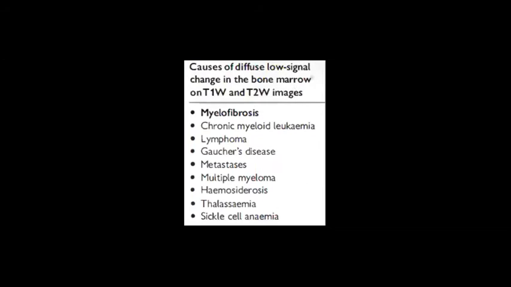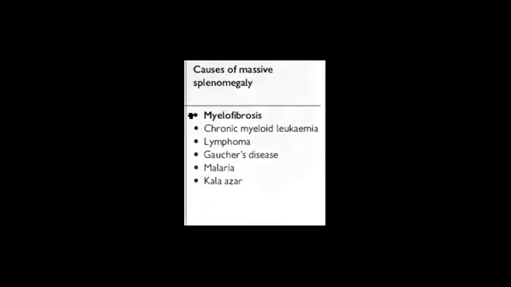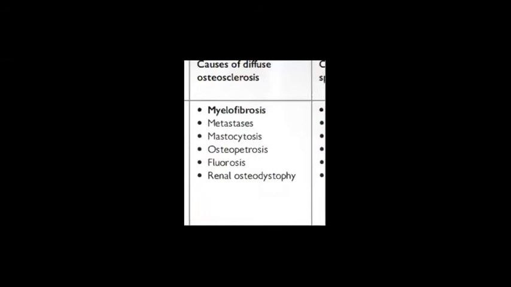And if you find massive splenomegaly, you put the myelofibrosis as first impression. But also there is another, like leukemia and lymphoma, and you will search for lymph nodes and any liver lesions or extra lymphatic infiltration. Gaucher disease and malaria and something like this, you can remember it, or maybe you don't like to mention it. Anyway,